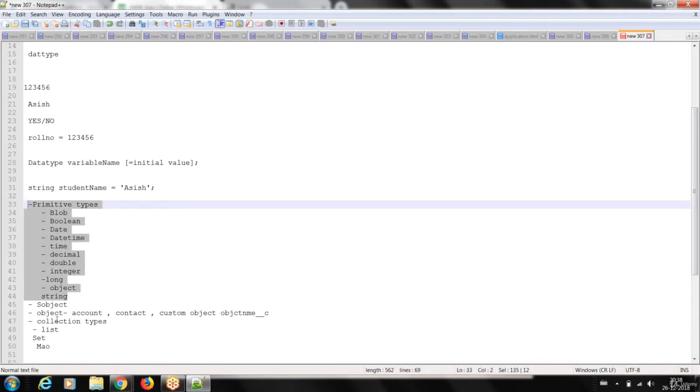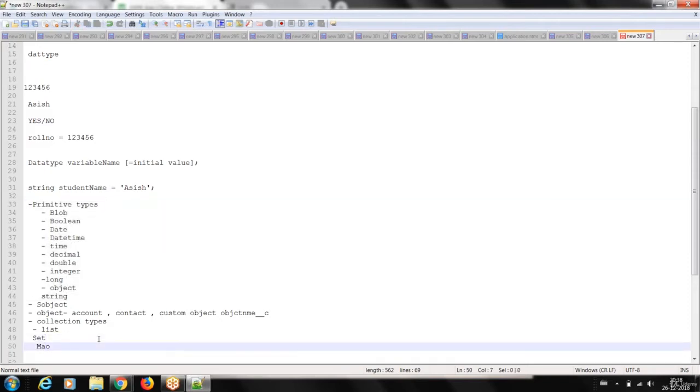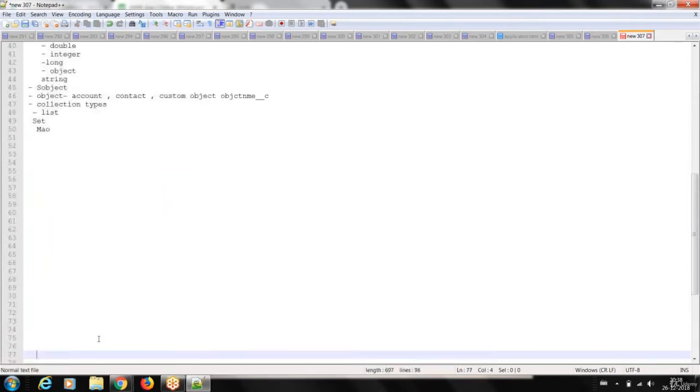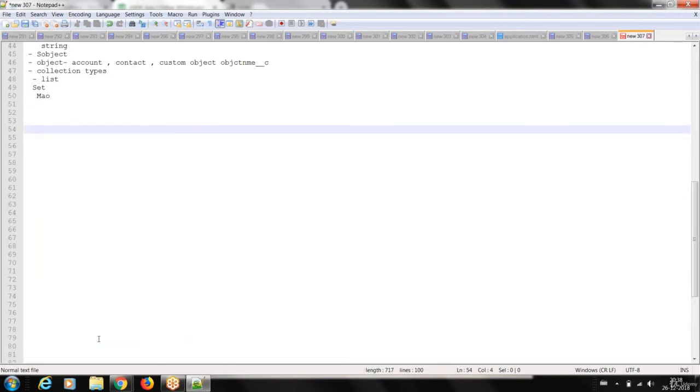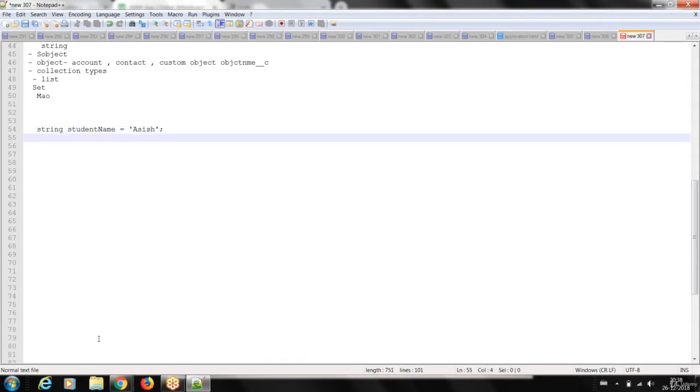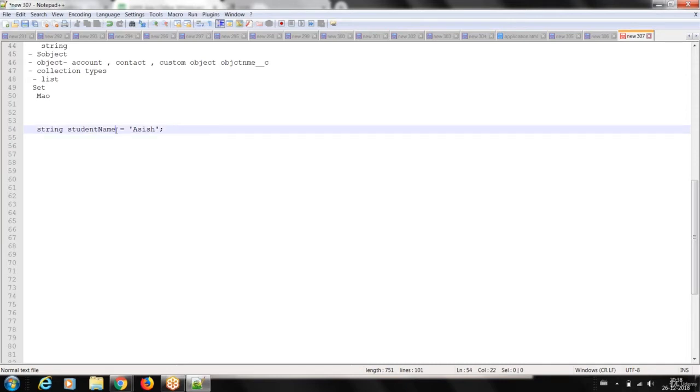So let's see what is this collection type. Okay, as I said, I want to store names. So I mention string student name equal to, let's see, Ashish. Okay, same way I want to store another student name, so I made another variable, string student name 1.